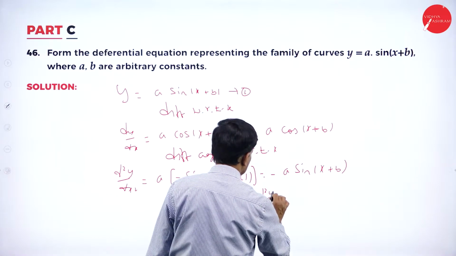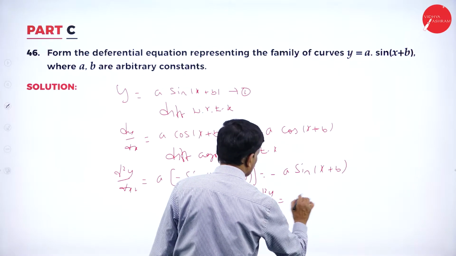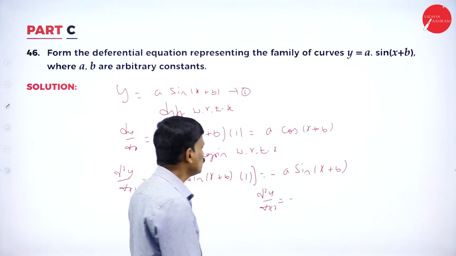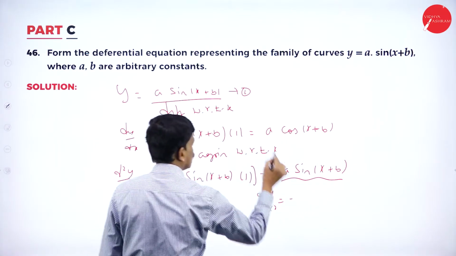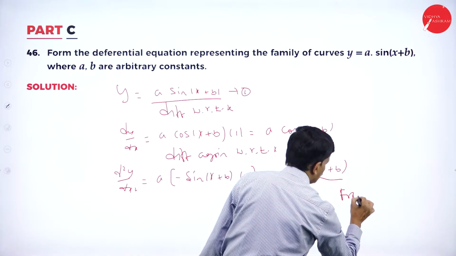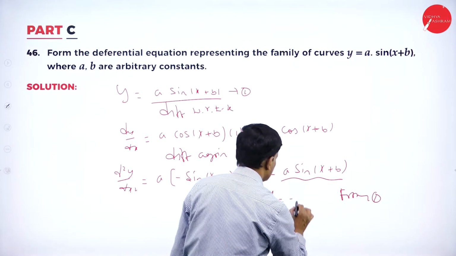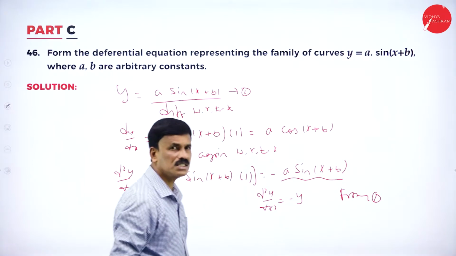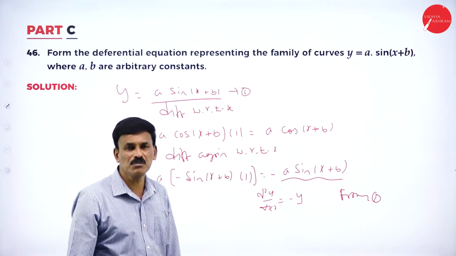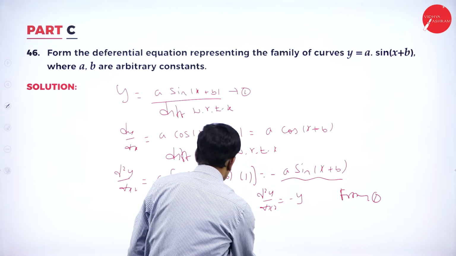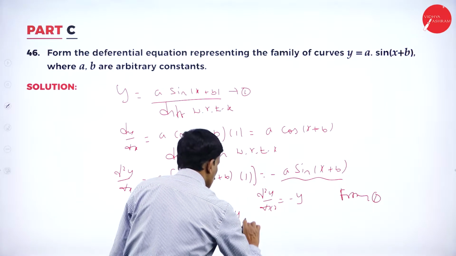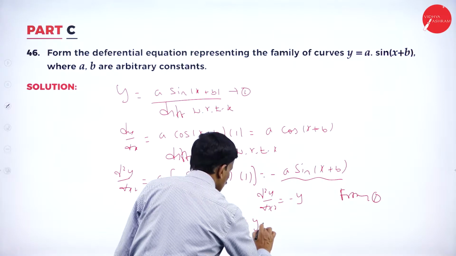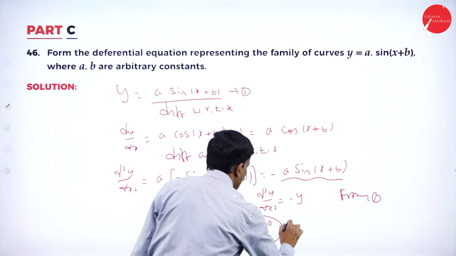That is d square y by dx square is equal to, if you observe carefully, this a sin of x plus b is nothing but, from equation number 1, this is equal to y. That's it. See, all the constants a and b are eliminated. So, therefore, you can write d square y by dx square plus y is equal to 0 is the required